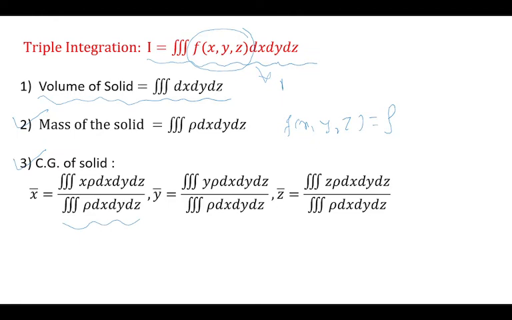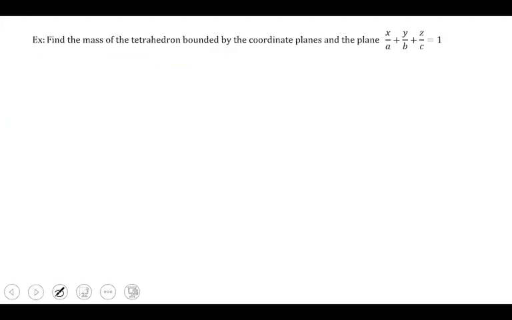Again, this is one of the most lengthy questions, because here we have to evaluate 4 triple integrals. This is one denominator that is common for all three. All three have the same denominator, but for the numerator we have to evaluate 3 different triple integrals, and then we replace them and we get the centroid of a solid again. Okay, that is the center of a solid. So that was about the formulas. We'll move to the example now.